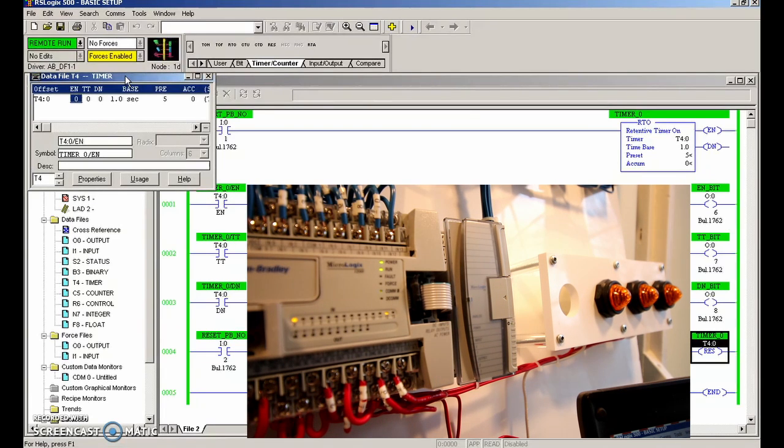Excellent. So we'll do it one more time. You can watch these bits change state at the same point as these lights are changing that correspond to those bits. So again, on delay timer, hitting the push button, enable turns on, the TT turns on, and then when it gets to 5, both the TT goes out and the done bit sets. Then when I let go of the push button, the enable will go out. Excellent. The accumulated and the preset are still at 5, are still equal, so the done bit is a 1,